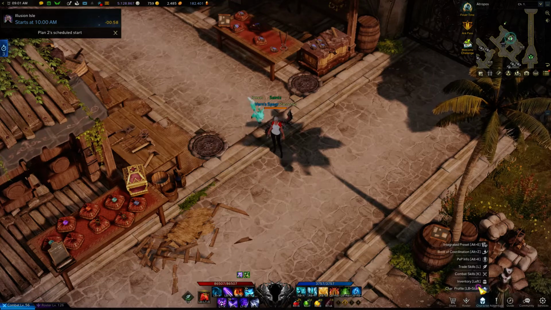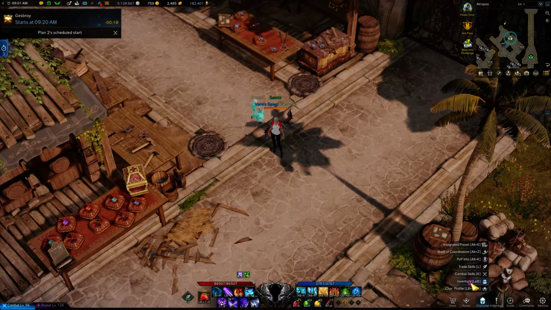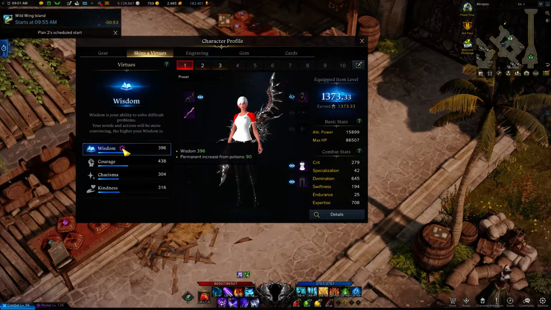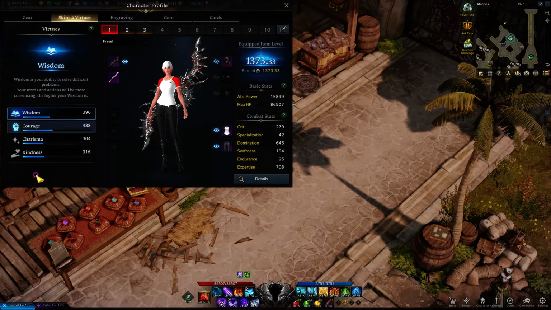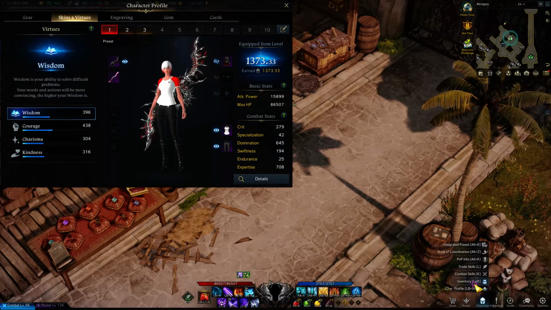The Una's tasks. So what I do, you can do it however you want, but what I do now that I know, on your character profile are these virtues. And you can get a lot of potions for your virtues in your Una's tasks. I'll show you that in a moment. But you can also,